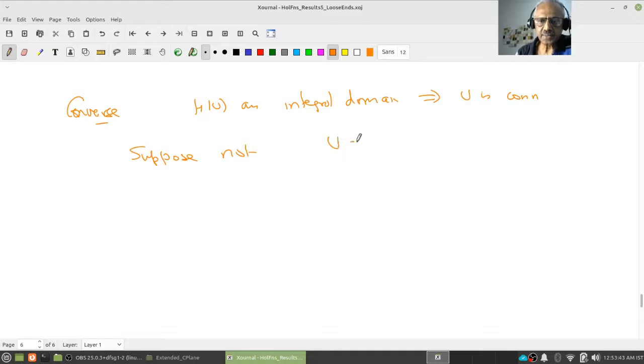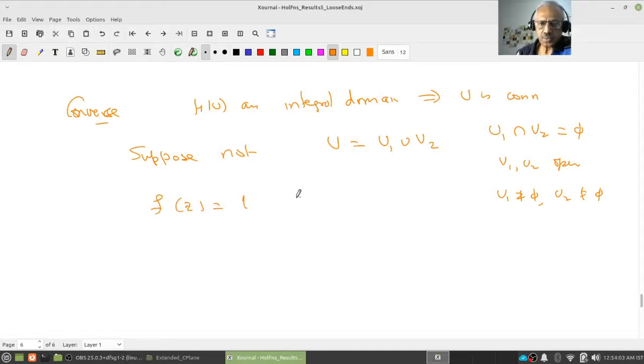Then I can write U equal to U1 union U2, so that U1 intersection U2 is empty, U1 and U2 are open, and U1 is not empty and U2 is not empty. Now define a function f of z equal to 1 on U1 and 0 on U2, and define another function g of z which is 0 on U1 and 1 on U2. Notice that f and g are holomorphic